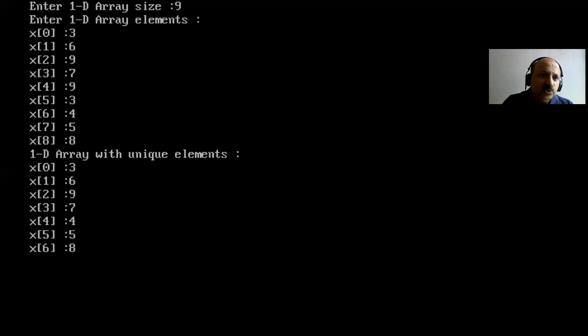So you can look, 2 means 2 elements are duplicate. That is 3, so 3 is 1 time, and 9, so 9 is 1 time. So n minus minus 2 times. And our main array size is 9, but now it prints only 7 elements, so 0 to 6 index. So that is 7 elements. And the scan is 0 to 8, so that is 9, but 2 are duplicates, 9 and 3, so it only prints 1 time. So we can remove or delete duplicate elements from our original array. So that is a 1D array with unique elements.